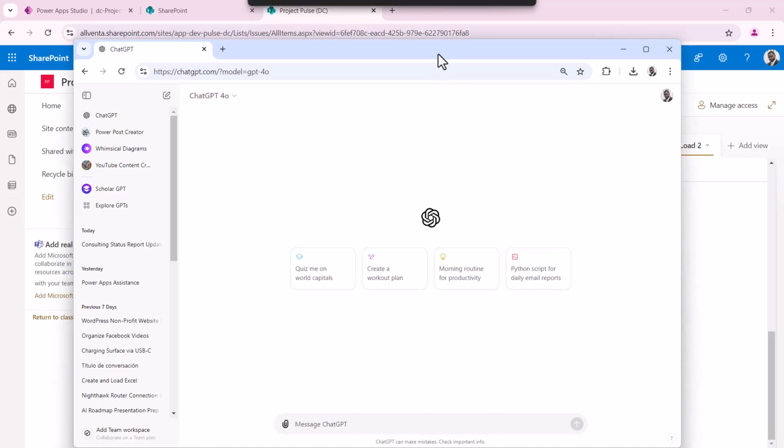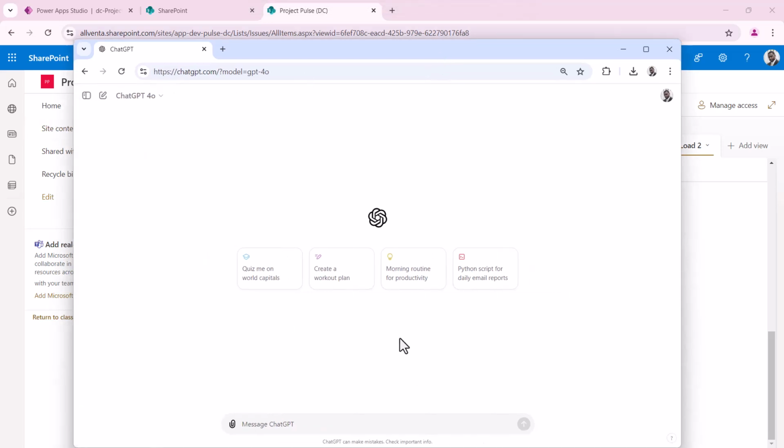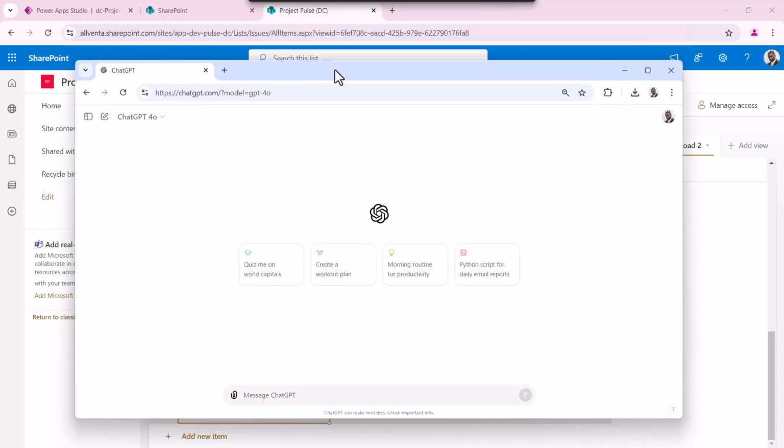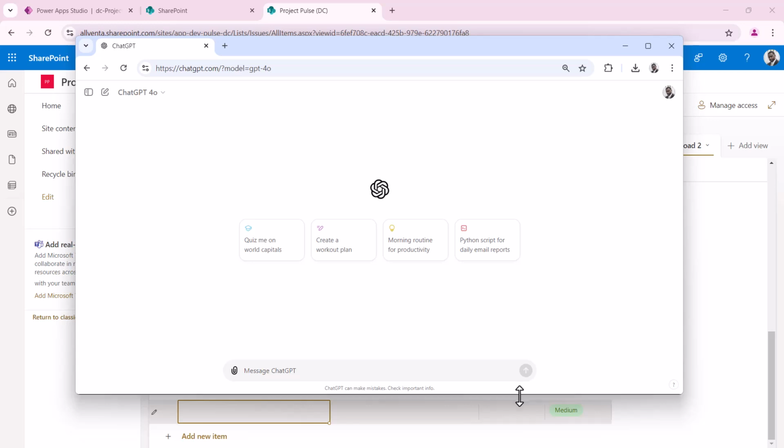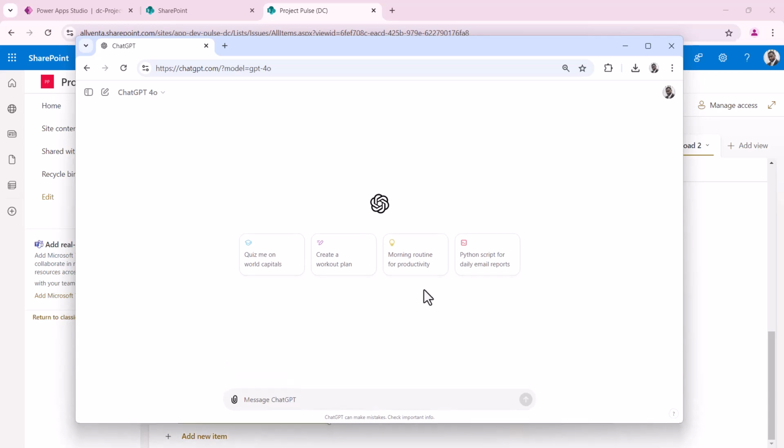All right, so in ChatGPT, what I tend to do, I tend to use 4.0 Omni. So every time I'm interacting with ChatGPT, I'm always going after the premium because I want the latest and greatest models that I can deal with, right? So here, I'm going to just give it, this is basic prompt